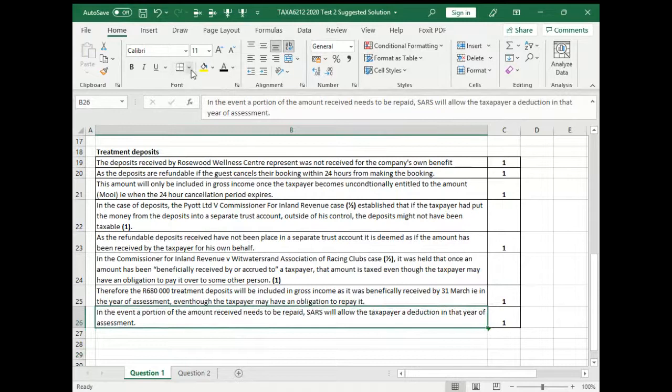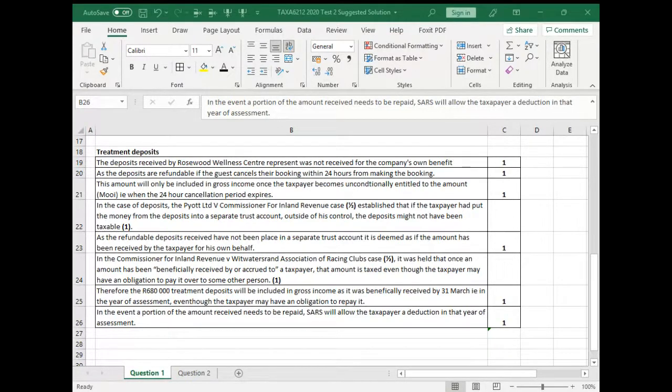Before we move on to question 2, do I have any questions on this? The guys sitting here in class, do you have any questions on deposits, the 2 types of deposits? And the guys online, if you've got a question, just type it in the chat function for me. Is there anything you guys are wondering about? Does it make sense how you have to do it?